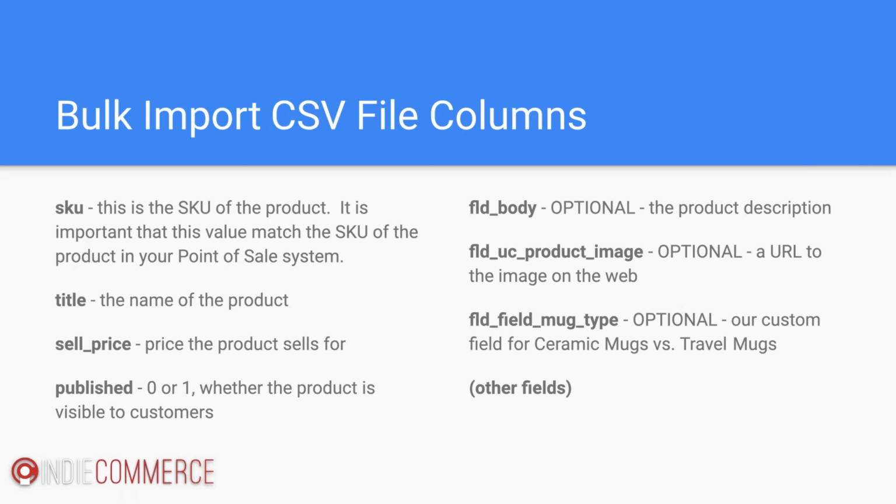So this is one way, not the only way anymore, as we'll discuss, to get your product images uploaded. If there are copies of them elsewhere on the web, not on your own site, but on another site, for example, a vendor's website or a distributor's website, you can include those links in your spreadsheet file, and the bulk importer will automatically download those images and attach them to the product on your site. Finally, any unique fields that you added yourself through the content type, for example, like we earlier did the mug type field, those will appear here as well. So you can bulk upload data into those.